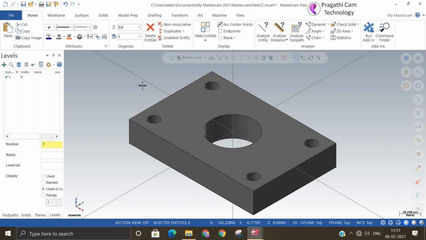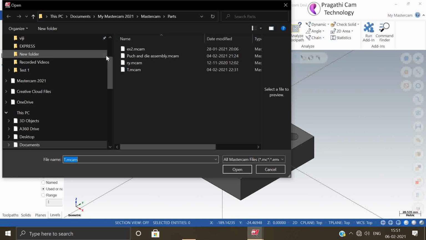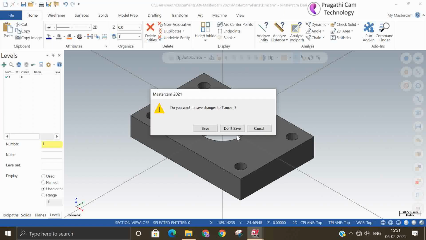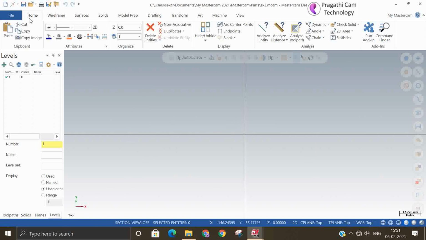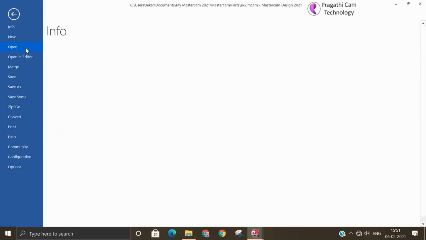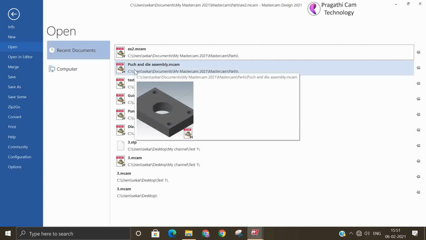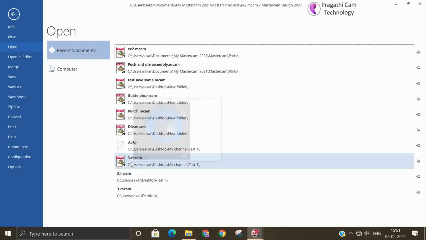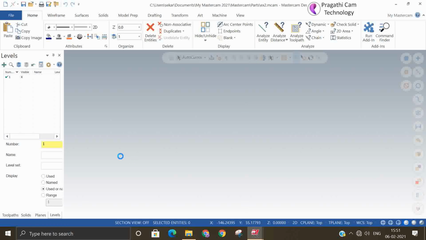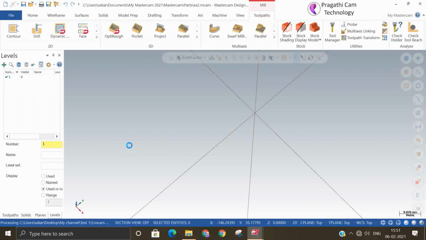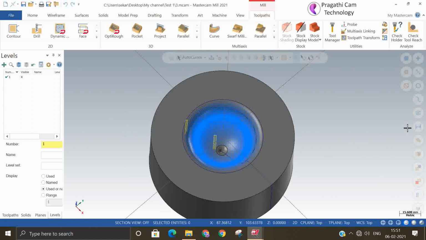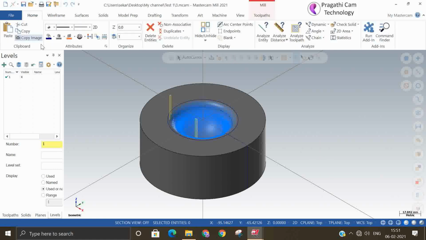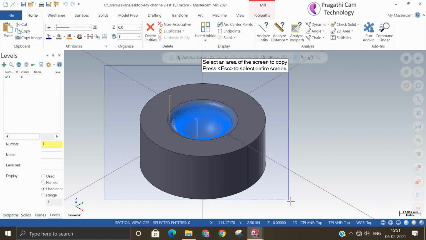So next option is the copy image option. If you want to take a screenshot of this model, in that situation you can utilize the copy image option. Another file I just opened. So this file you want to show to someone. So you can say here copy image, just select it.